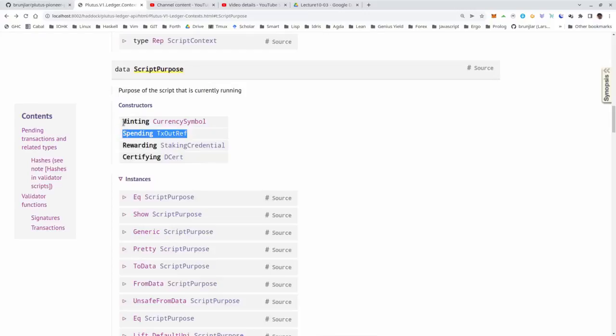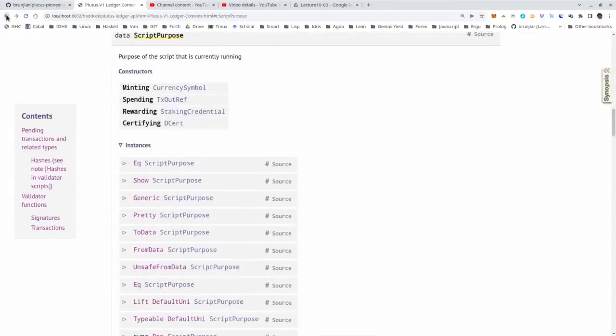Then we had the minting script purpose, which is for minting and burning native tokens. So whenever a transaction mints or burns a token, then the minting script corresponding to the currency symbol of the token is executed. And again, we can use arbitrary logic. The script receives a redeemer and the script context, and we can determine whether minting or burning for this transaction is valid or not. But we haven't talked about rewarding and certifying, and those two are related to Plutus